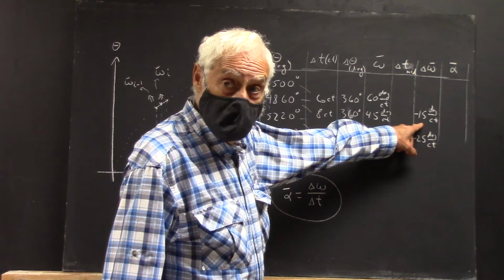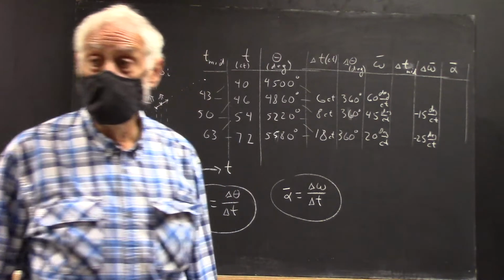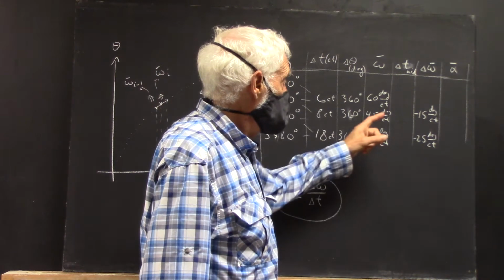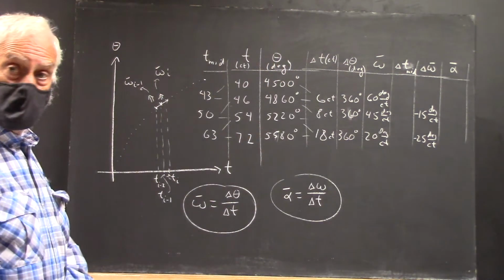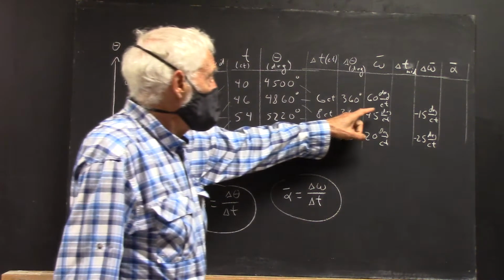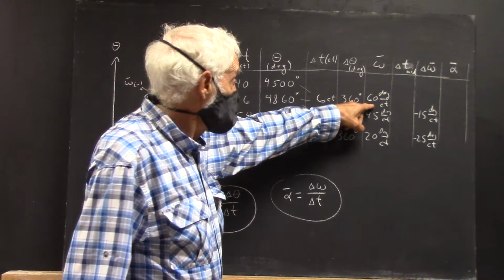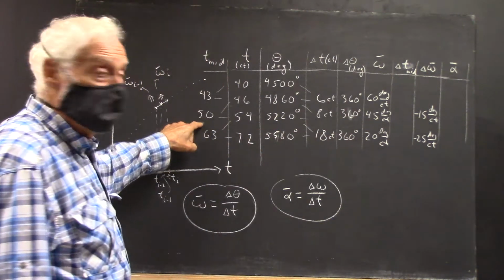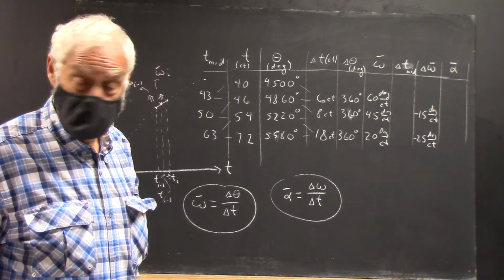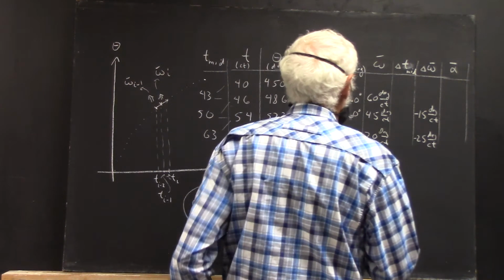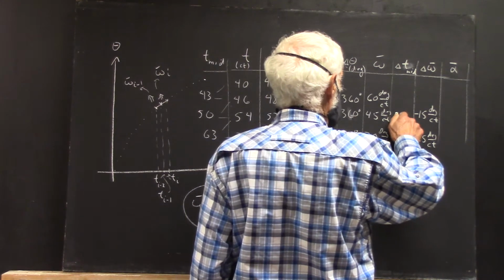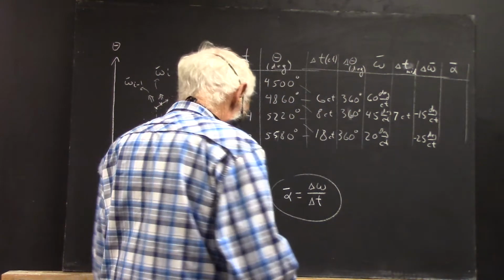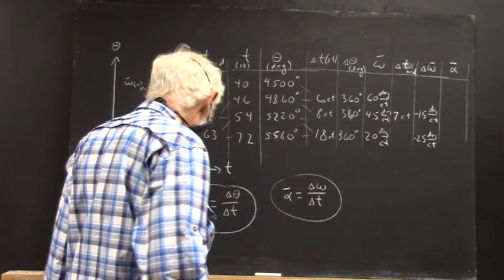So now for this calculation of delta omega bar, what two times would I use? Well, I would use the t mid for this, which is 43 seconds, 43 counts, and the t mid for this, which is 50 counts. Okay? So here, I'm going to say that the delta t mid is about 7 counts. And to be sure we're clear about how that was calculated,